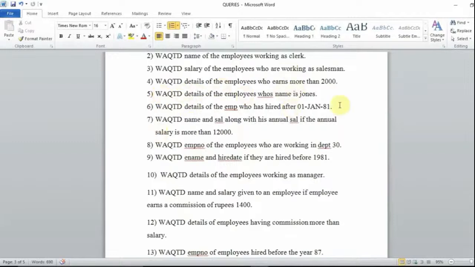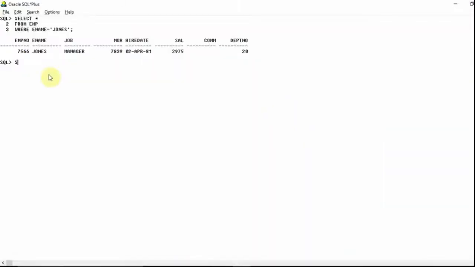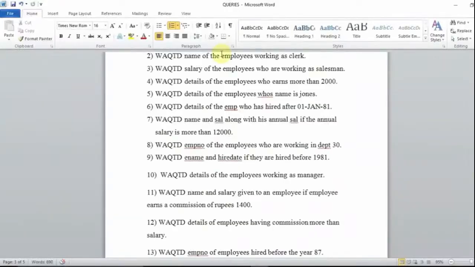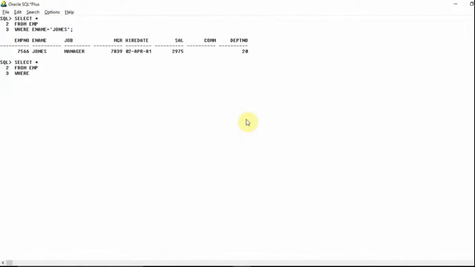And sixth one, write a query to display details of the employees who were hired after 1 Jan 81. So I want to display the details of the employees who are hired after 1 Jan 81. To display the details, I will write select star. So this will make sure that all the details are selected. After that, from EMP, and after that I have to write where, and the date is hired after 1 Jan 81. So hire date should be